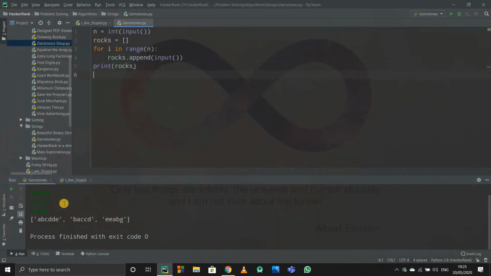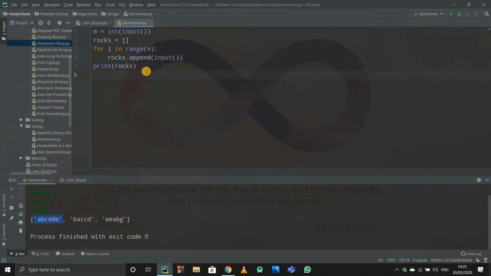So see, for checking the minerals, we'll have to start from a particular element and then check if that element is there in all the lists. For that, we'll have to take some reference. Suppose we are taking this 0th index element as my reference, and now I'll have to iterate through all these elements. I'll check for A now. A is there in this and this one, so it is a gemstone. B is there in this one and this one, so it is a gemstone. And C is not there in this one, so it is not a gemstone, and so on. I'll have to continue, right?